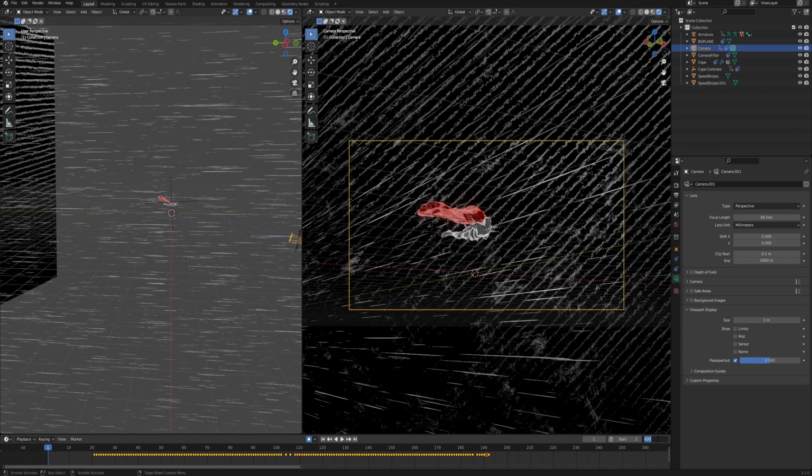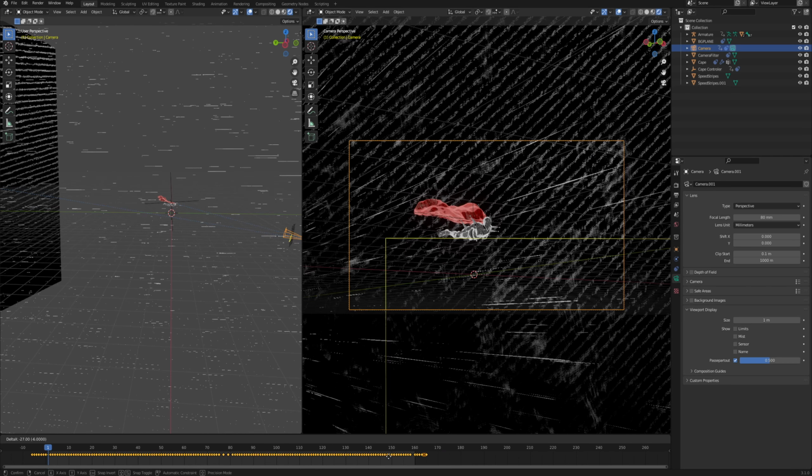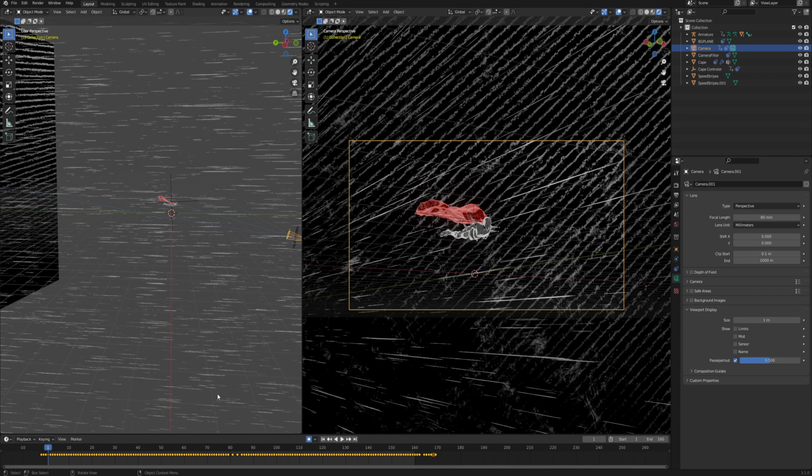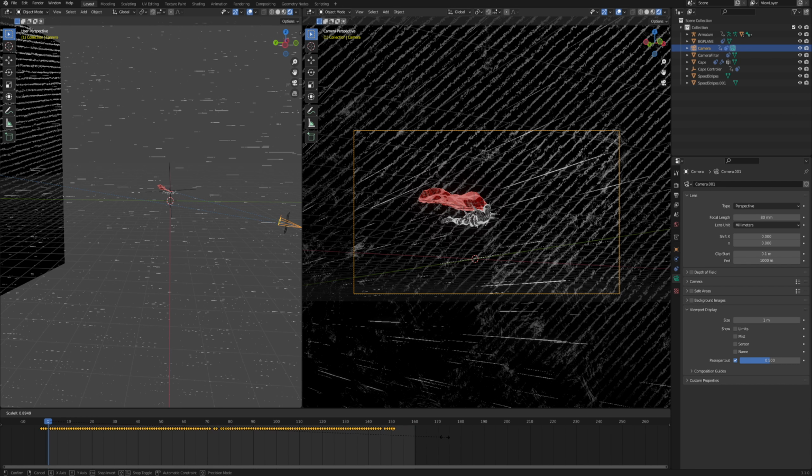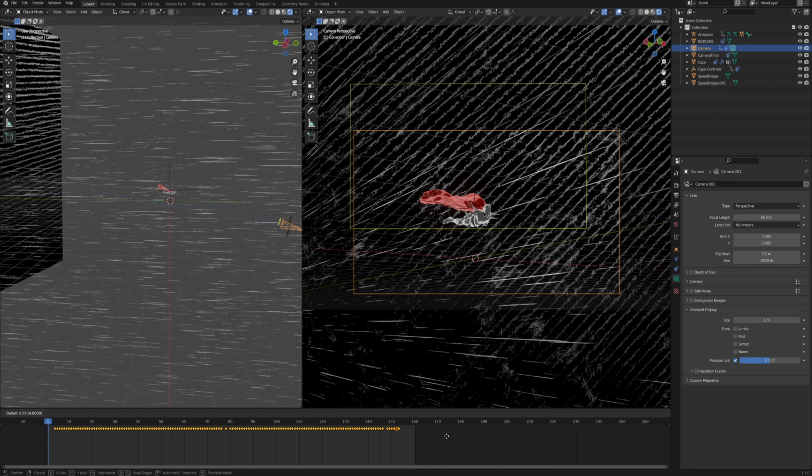Then we go back, we change the animation to whatever length we want it to be. For example, 160. You can see that it doesn't really fit right now. I mean, I have way more keys than I needed. So I can basically use the same techniques as I do for modeling. So just hit S and then scale it down a bit so that it fits within the animation frames that I have set up here.